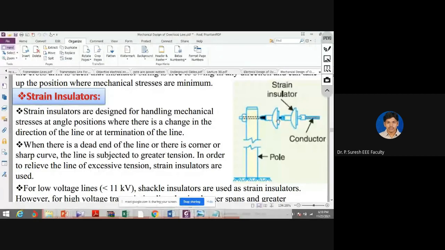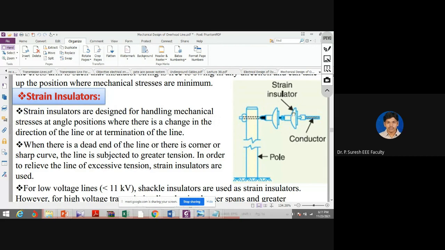So suppose the transmission line is at the end of the transmission line. So this is the street end. There are no poles there, where we need to erect the transmission line to the tower. At that time, suspension and pin type insulators are not useful. That's why we use the strain type insulator. So we use it at the end of the lines, which have more tension. In order to withstand the tension, we use the strain type insulator.